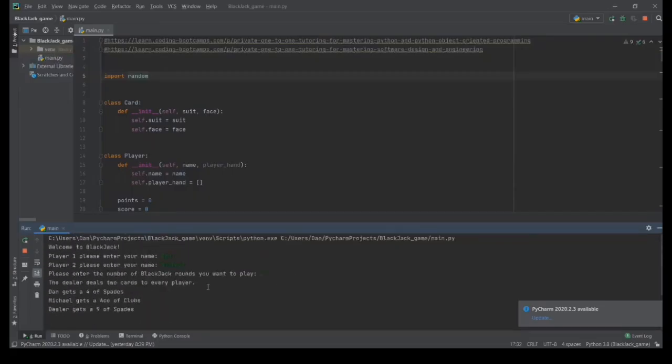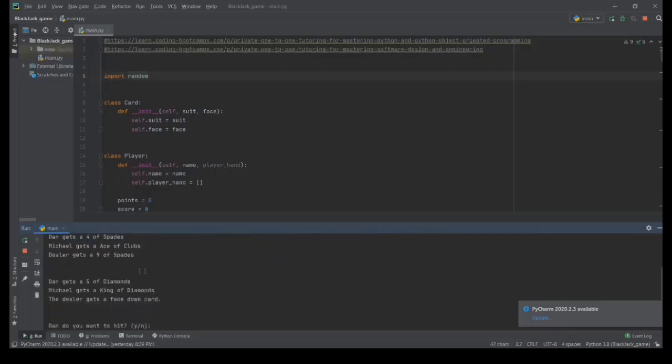Okay. So the dealer deals 2 cards to every player, and then these are the 2 cards. So Dan gets a 4 of spades, Michael gets an ace of clubs, the dealer gets a 9 of spades. Then Dan gets a 5 of diamonds, Michael gets a king of diamonds, the dealer gets a face down card. So everyone, including the dealer, has been dealt their 2 cards, and then we ask